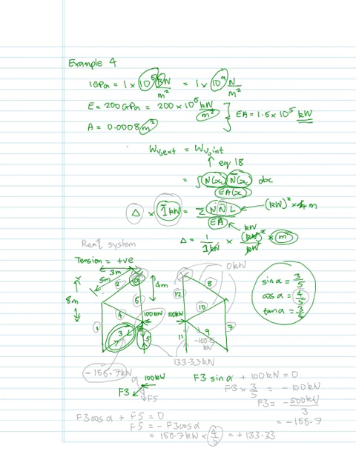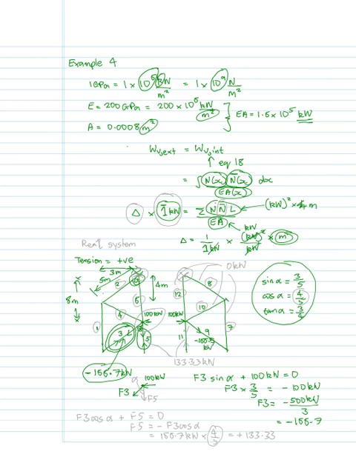F3 sine alpha plus 100 by equilibrium of the joint is going to be equal to 0. Therefore we get F3 times 3 over 5 is equal to the negative 100 kilonewtons, which is what we would expect, and therefore we will get F3 is equal to negative of 500 kilonewtons divided by 3, and that's going to be equal to the negative of 166.7. So let's just write that force there as negative, obeying the sign convention of tension is positive, but you can have any sign convention you want, negative 166.7 kilonewtons. And of course that member, being symmetrical, is going to be the same,